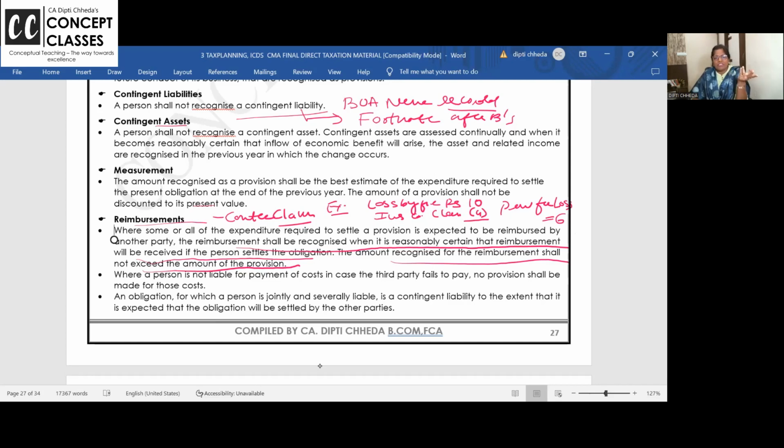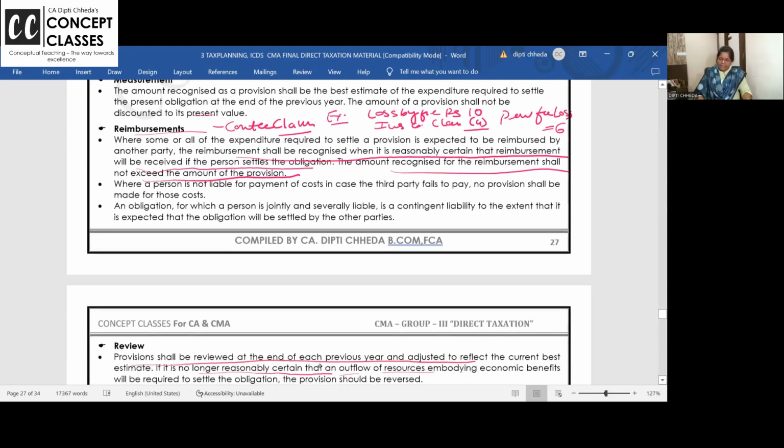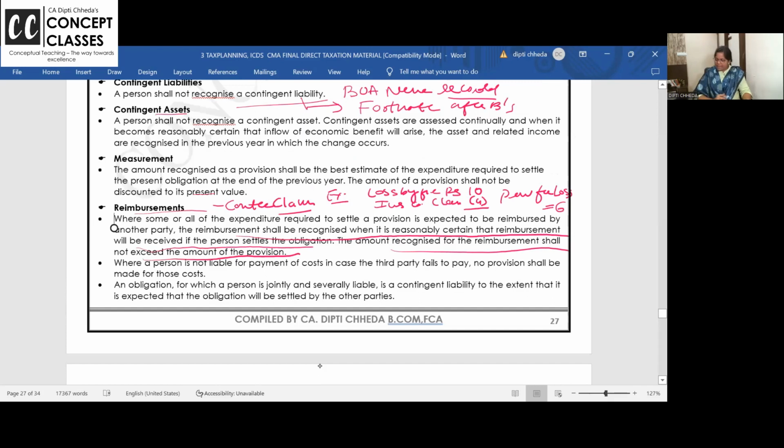If there is plant and machinery destroyed by fire and the value of the plant and machinery was 50, can you put 50 into loss by fire? No. If you know that this plant and machinery has insurance and the insurance company will give you 20 rupees, better provide only 30 rupees as the loss. Right? So just note down this example if you want to note.